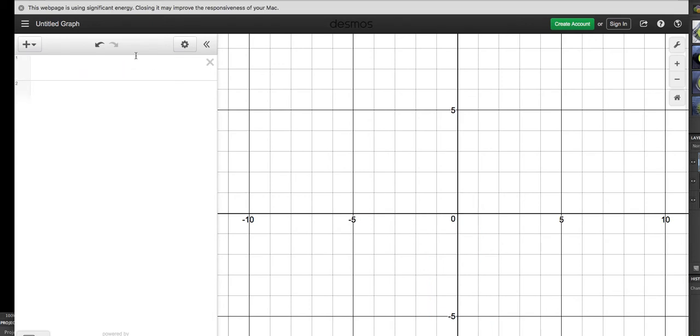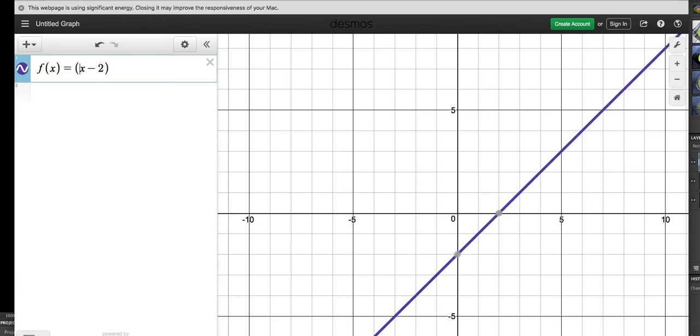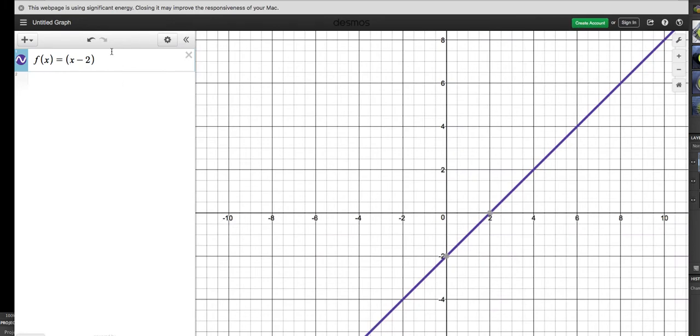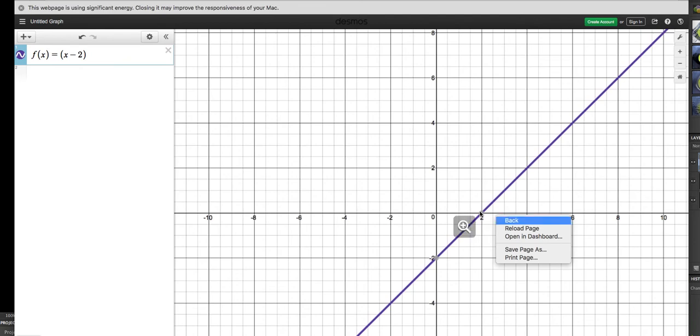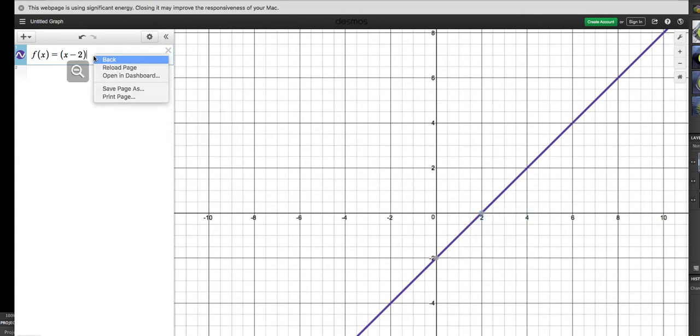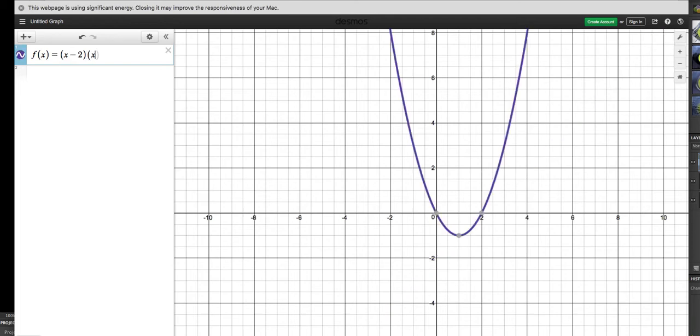So what I'm going to do is build a function here, f of x, and I'm going to say it equals x minus 2. Why not? Maybe my factor is x minus 2, and maybe that's the only factor in this expression. If I were to set this equal to 0 and solve it, I would get positive 2 as my only solution. And you'll notice that we got positive 2 for an answer only one time. So now, what happens when I take this x minus 2 and I make it a factor twice? Let's try something here. If I make x minus 2 a factor twice,